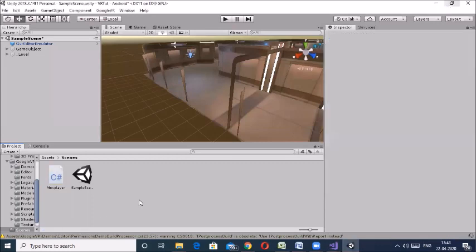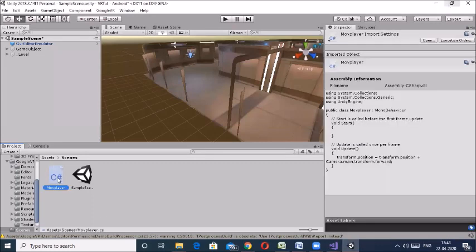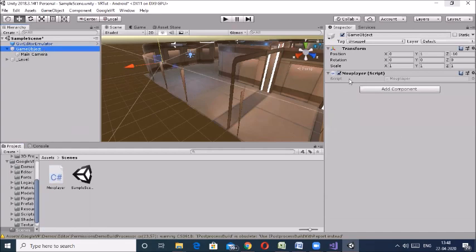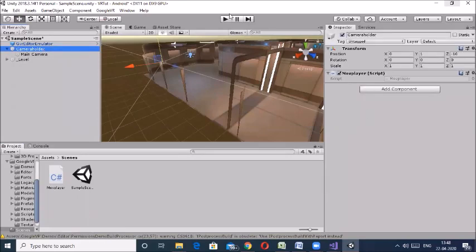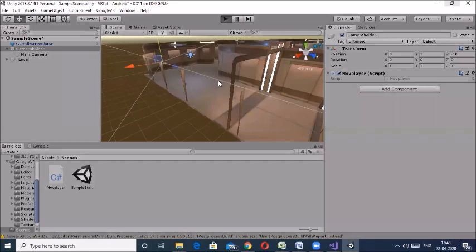Now I have to assign this script to the empty game object, which is nothing but the parent of the camera. So just assign it. Now you can see that this script is successfully associated with this game object. You can rename this game object so that you will not be confused, like camera holder. Okay. So now if I play this script,